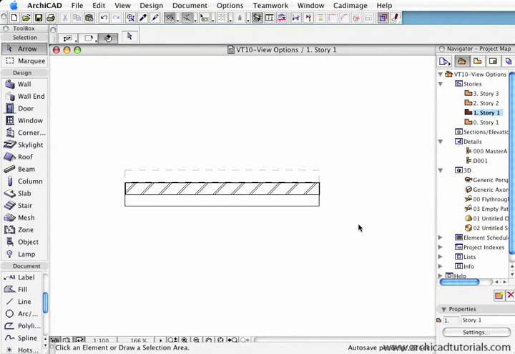So for example, this has got from project 0 through to the cutting plane 1150 on that floor, and as I toggle up through the stories, now we're at project 0 through the cutting plane on the second floor, then project 0 to the cutting plane on the third floor. The window has got the same option set. If I go back to the first story, over here we've got